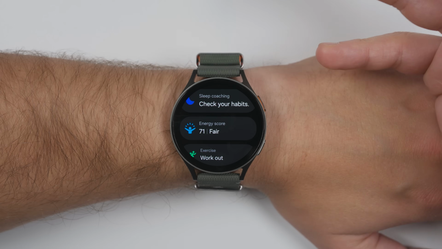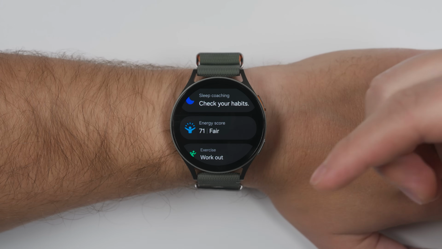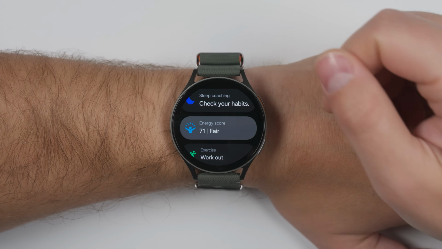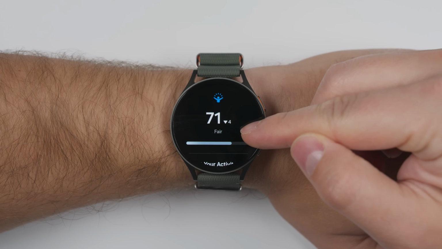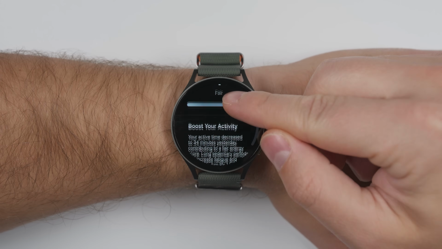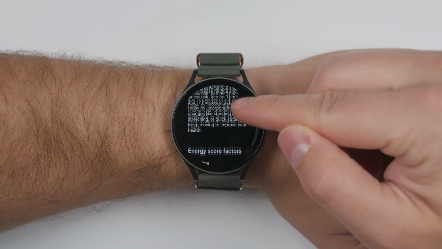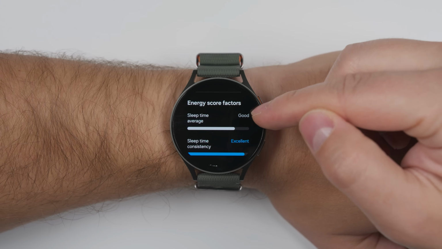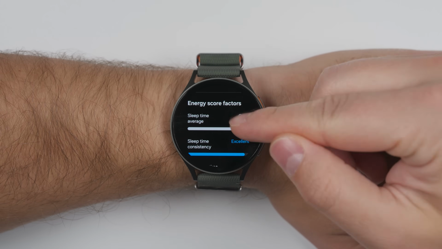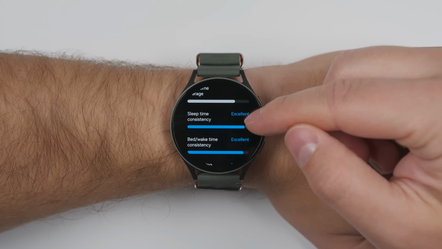Think of this kind of like a measurement of how much battery life you personally have for the day. If you tap it, you'll get a little arrow telling you how your score changed from the previous day, and if you scroll down a bit, you get some recommendations on how to increase your energy score. Going further down, you see your energy score factors, and those include your sleep time average, your sleep time consistency,